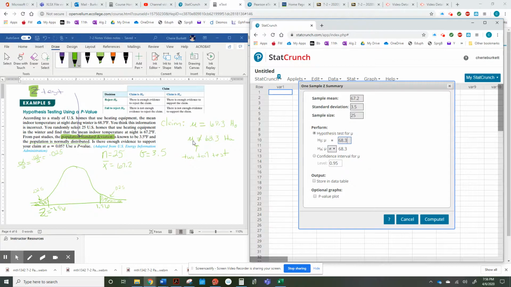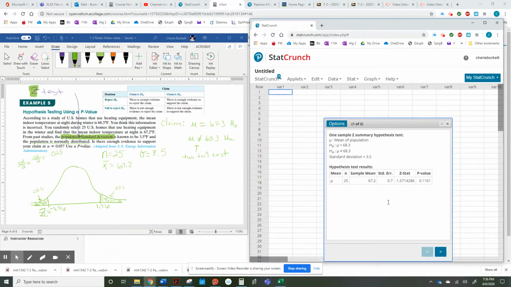And our alternative hypothesis is not equal to, so we didn't have to change that. After I stopped the video last time, I went back and looked at that, and that is a good picture. So I'm going to go ahead and compute, and they give me a test statistic of,